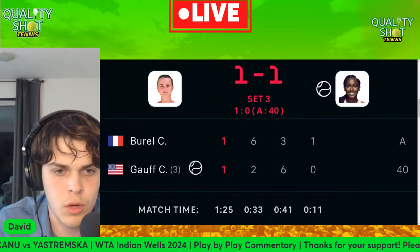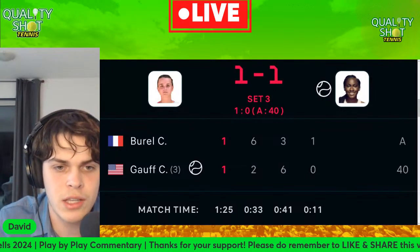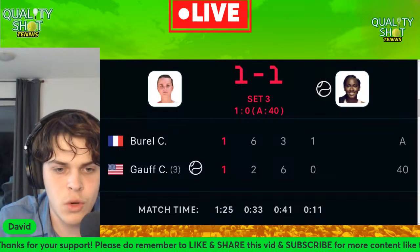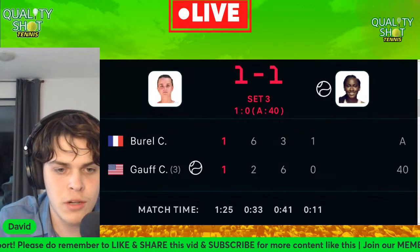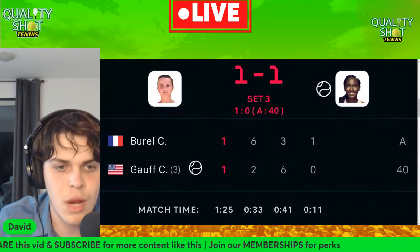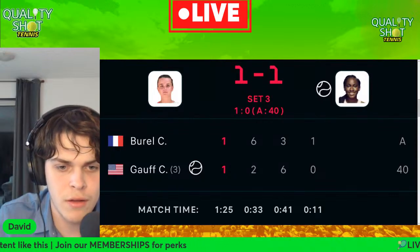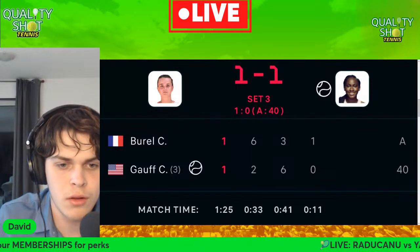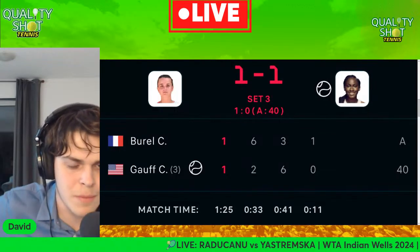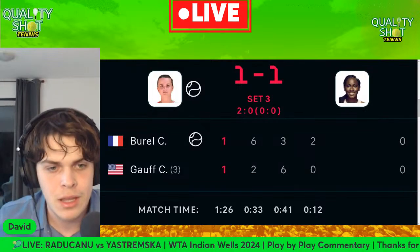Forehands. Forehand Burrell. Forehand Gauff. Oh, just keeps it in. Just kind of rose with the ball. Couple crazy forehands. Forehand to forehand. Really intriguing rally here. Backhand. Wow, on the baseline from Gauff. Takes on an early forehand. Forehand from Burrell. Forehand Gauff. Forehand Burrell. Forehand Gauff. That one's long. It just seemed like a matter of time. Gauff wasn't keeping a hold of many of the forehands. And Clara Burrell